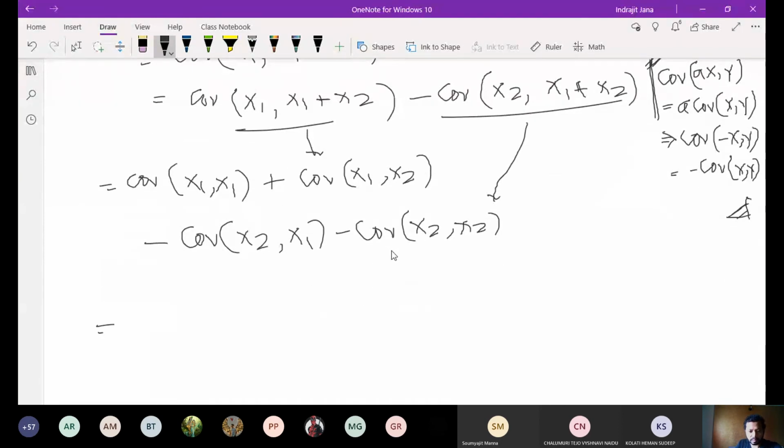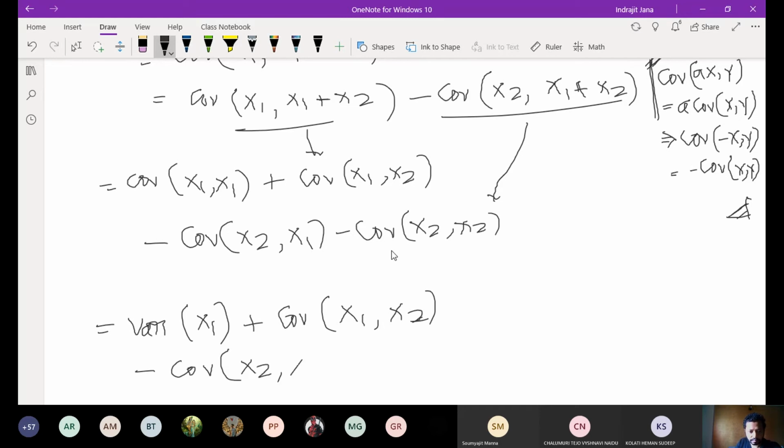Okay, now what I can do, I can write this covariance of x1 comma x1 as variance of x1. This was discussed during the lecture. The covariance of a random variable with itself is the variance, plus covariance of x1 comma x2 minus covariance of x2 comma x1 minus variance of x2. Okay,